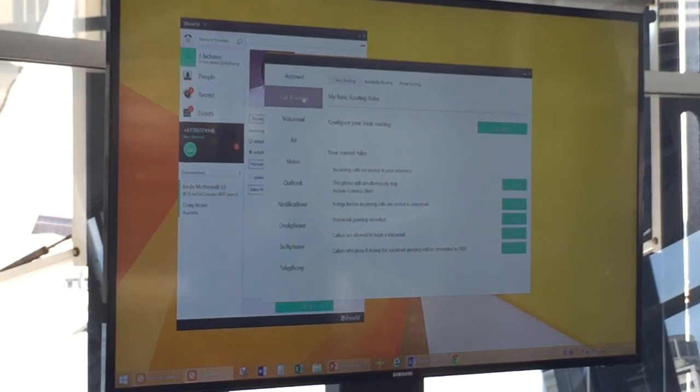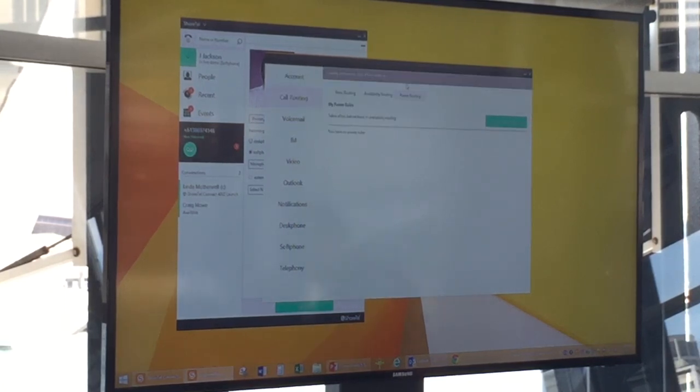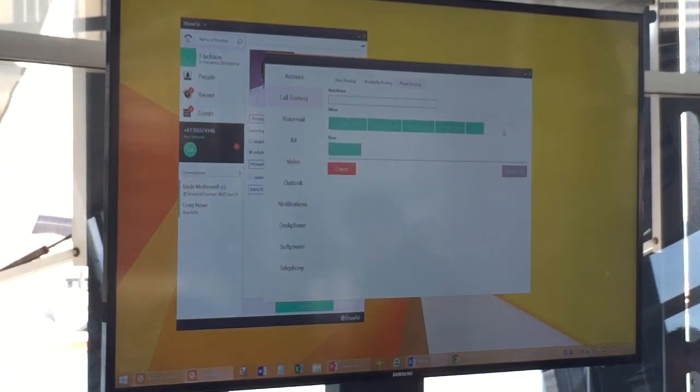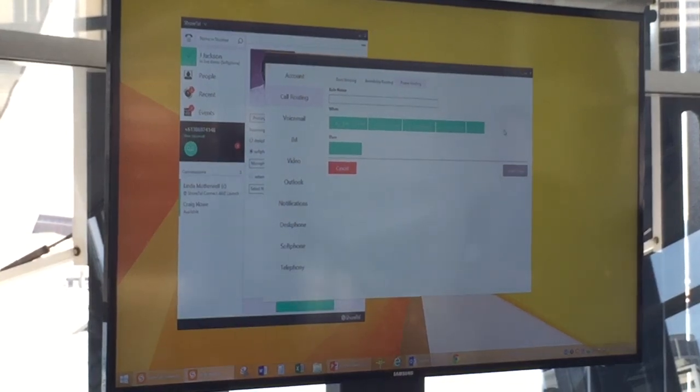But then when we look across, we have what we call power routing rules. I've got a lot of terms for these, but power routing rules are, maybe I want to put something above and beyond a traditional rule. A traditional rule says, I'm in a meeting, my calls go to voicemail. I'm in a meeting, my calls go to executive assistant. What if the CEO calls? What if Mark Roberts calls? What if my team call me on a Sunday? I can set up